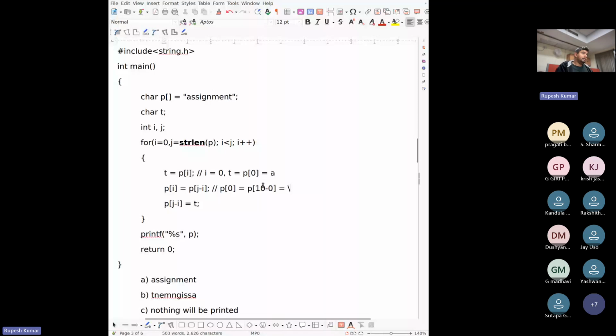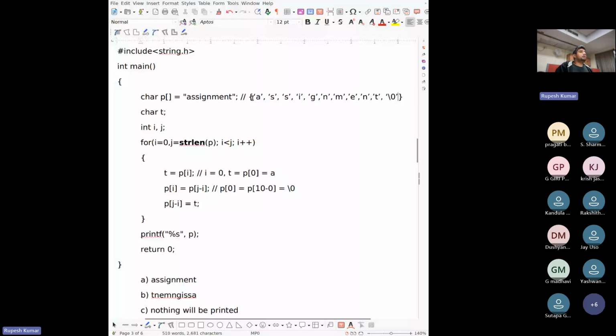Why will this be \0? Because char p is essentially stored as a character array like this. I G N M E N E S. Fine.